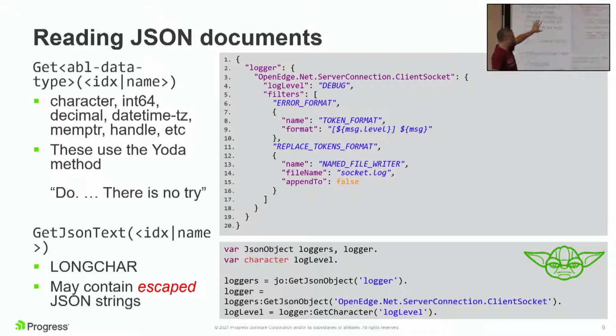We're going to work through examples today. This is from our logging infrastructure. It reads a JSON file, and we can read this document to do what we need to do. When we're working with objects or with arrays, you'll see I use a bit of shorthand: get, index, and name.